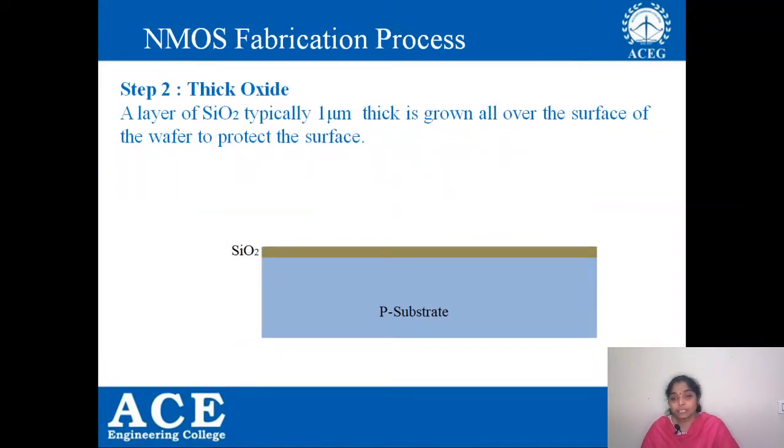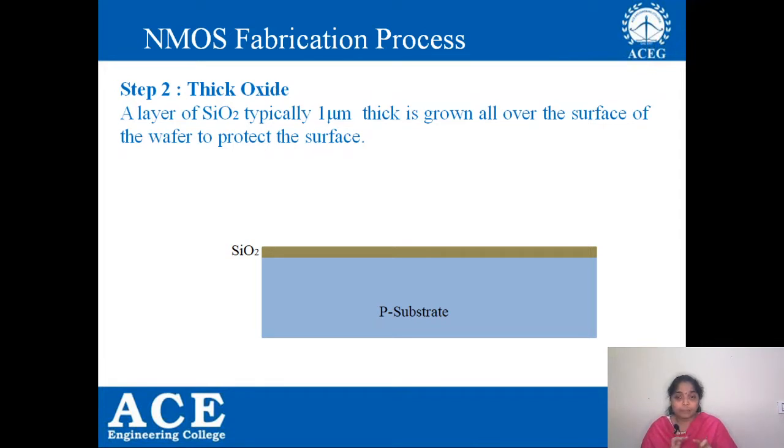Now you have to take the thick oxide layer. As you know, all these transistors are very minute, and we are going to fabricate them within a small area only. So we have to go through this thick oxide layer and photoresist layer, that is, the oxidation and photolithography processes, in order to select a particular area where you require to construct the gate.